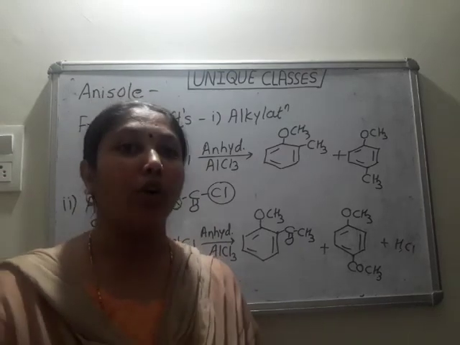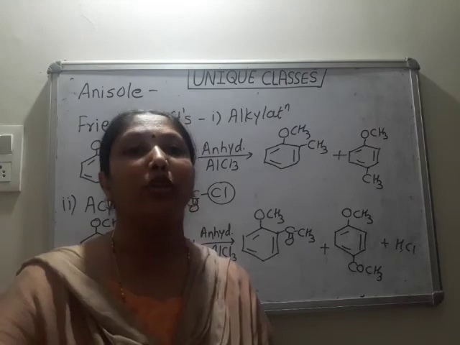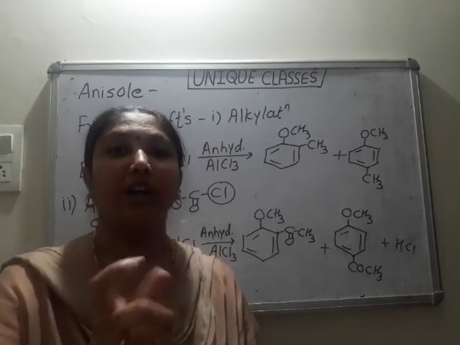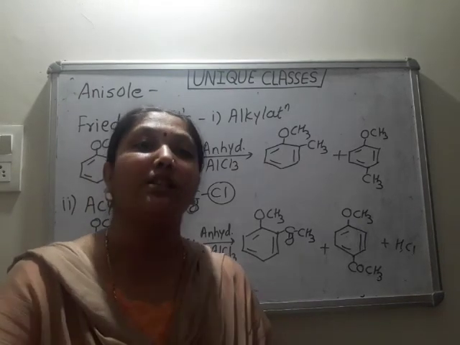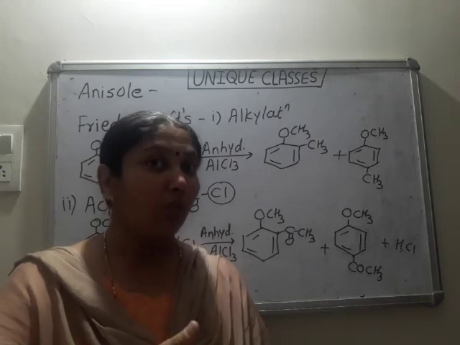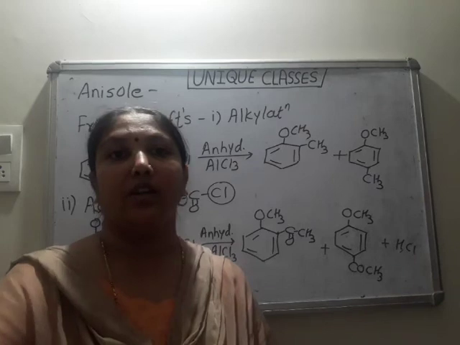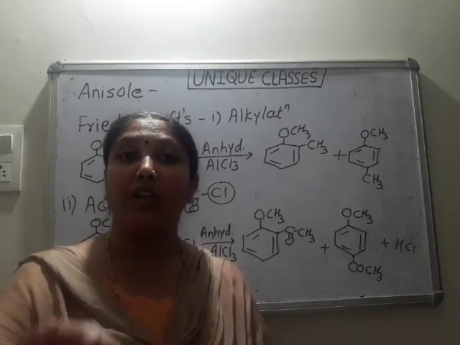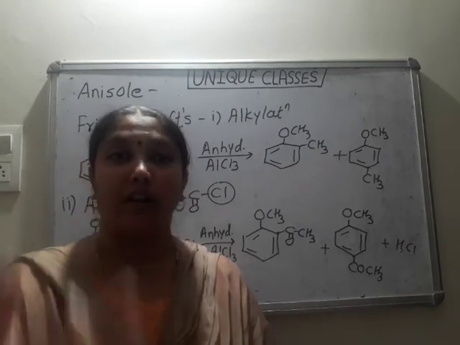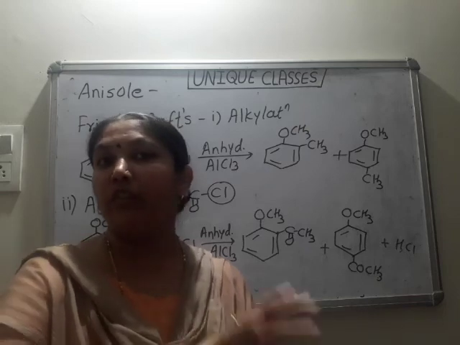So uses of phenol. This is one very important use of phenol. We will discuss this in polymers also. Phenol and formaldehyde combine with each other and form one resin, one type of plastic, which is called bakelite. Pressure cooker handles or these switches are made of this bakelite. So bakelite is prepared with the help of formaldehyde and phenol. Phenol formaldehyde resin is called bakelite. So in the preparation of that bakelite, phenol is used.